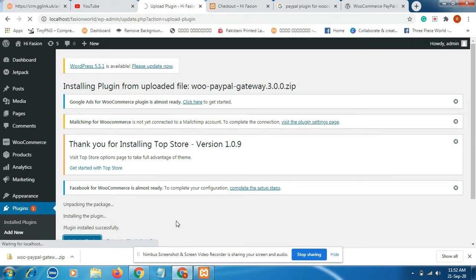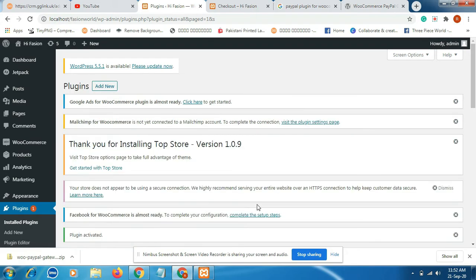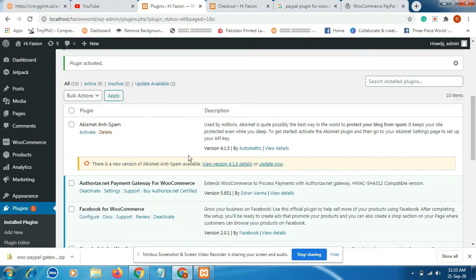It takes a few moments. It's a free plugin, and it also has a premium plugin version. I'm using the free plugin. From here you should